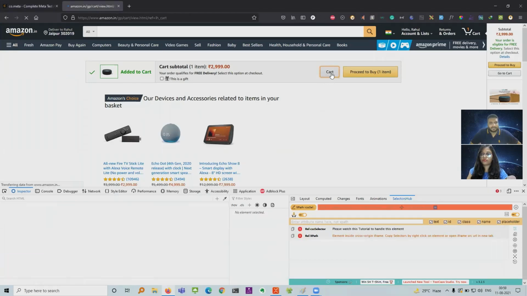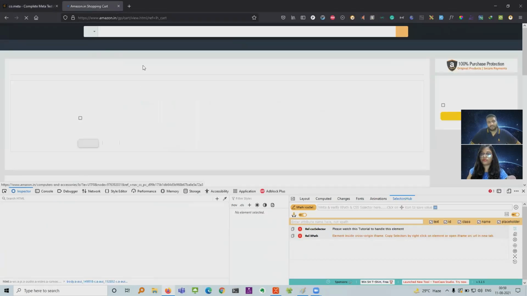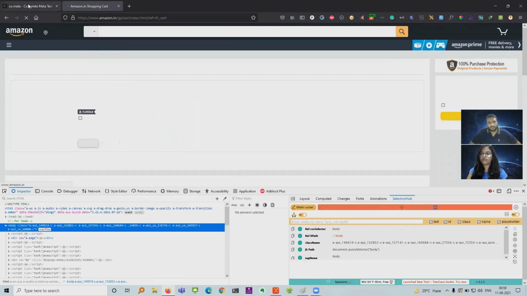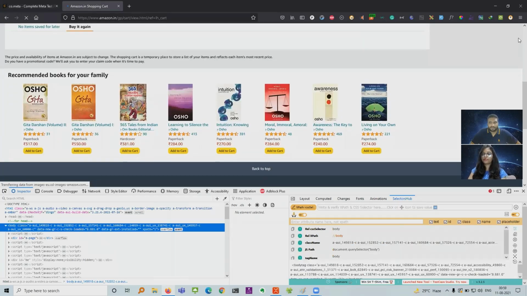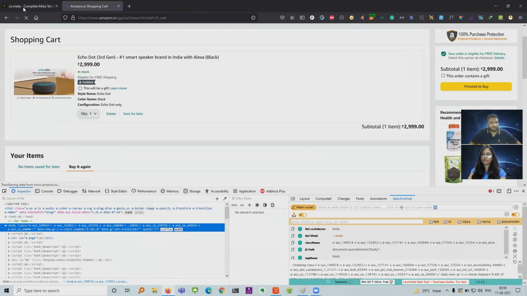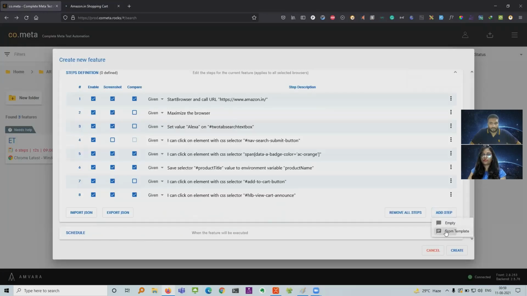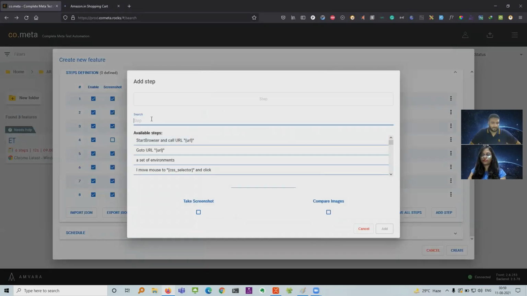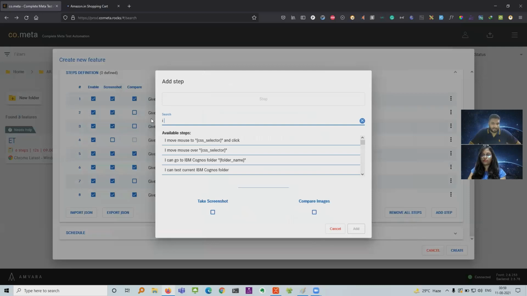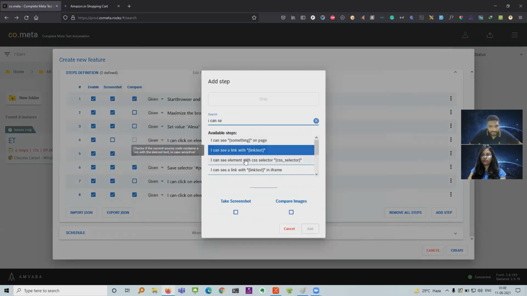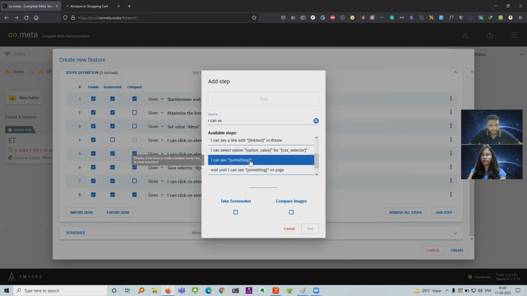finally, we just have to compare that the value which we saved is available on this page. So I'll write a very simple test step. So maybe it would be something like I can see something on the page, I can see link with text, and there are a lot of options. I can see something. So let's try that.